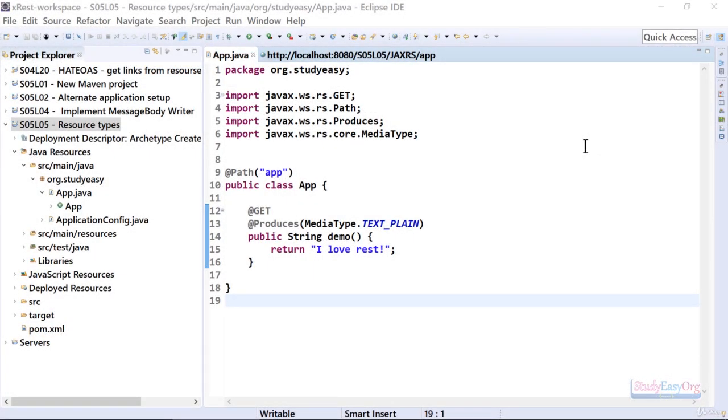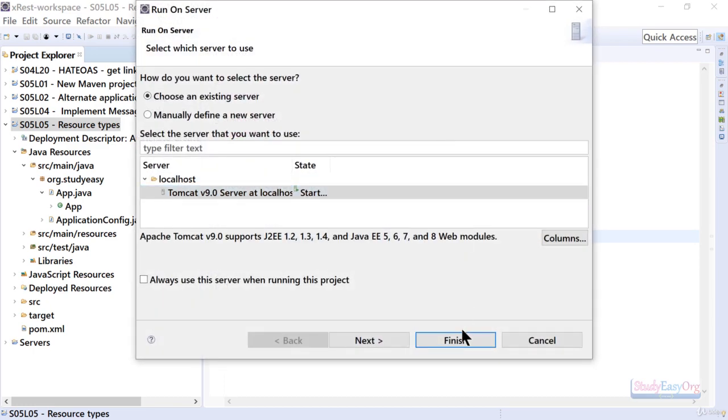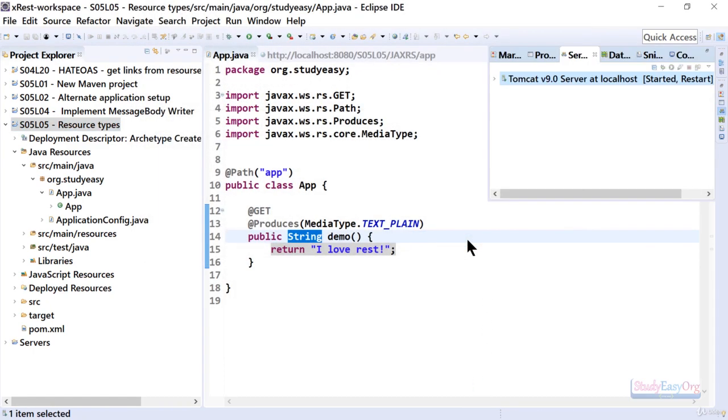In this video we will talk about resource types. So let's get started. Now friends, in front of us this is a very simple, easy to understand program where we are simply printing this message. The return type of the method is string, and all the configuration part where we were dealing with message body writer are removed. So if I run this application real quick on the application,